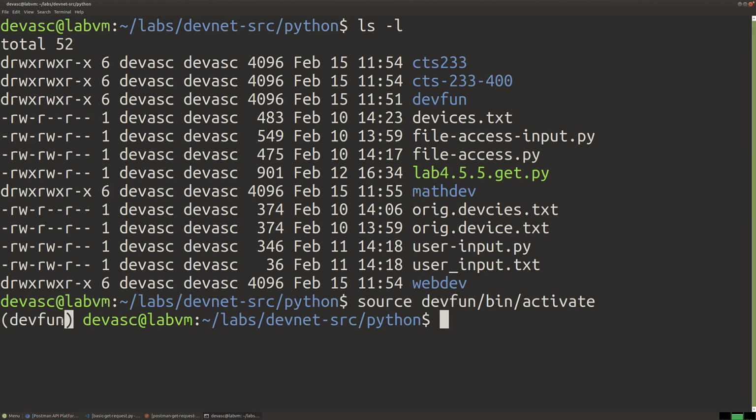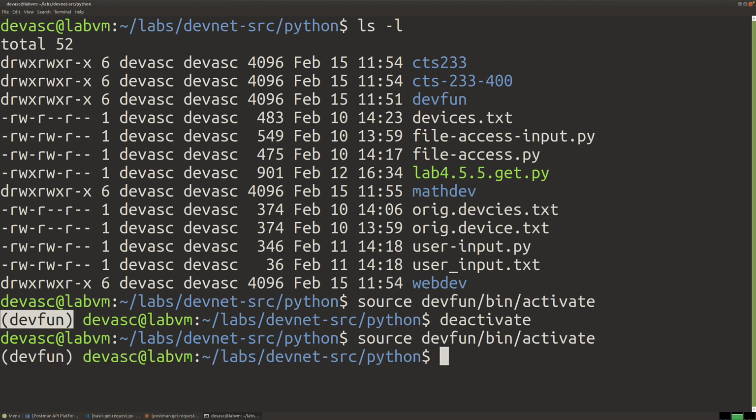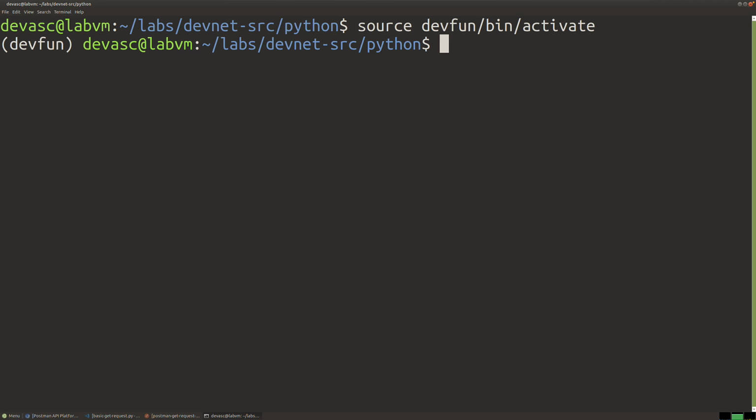That's the key. Okay, so what is it that we can do from within the Python virtual environment? So maybe I want to get out of it. I can say deactivate, and then I'm out. And the reason you know you're out is because we no longer have the name of the Python virtual environment at the front end of the command line interface prompt, right? So to get into the virtual environment that you just created, we source and activate. To get out of it, you just deactivate. Simple as that. All right, well, let's dive in. Let's activate the dev_fun